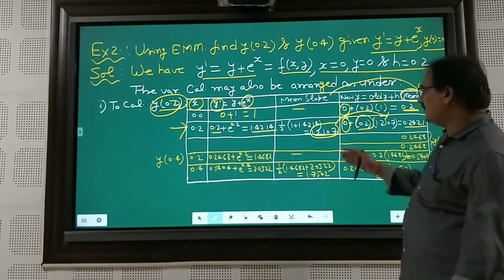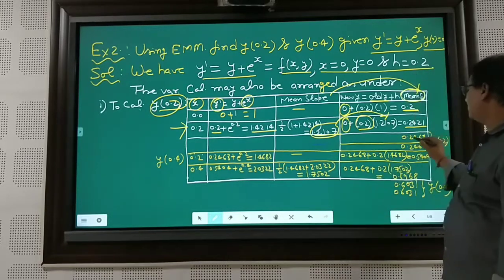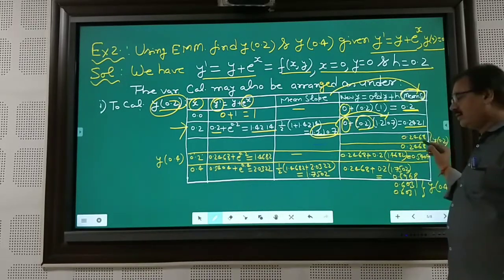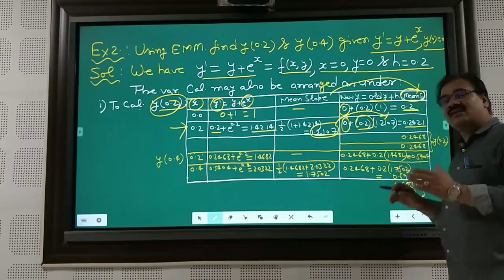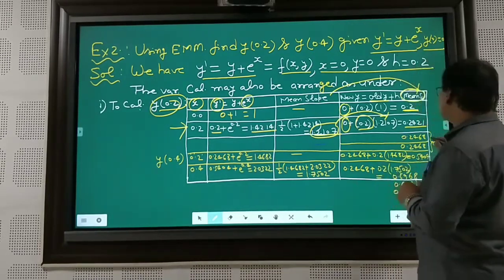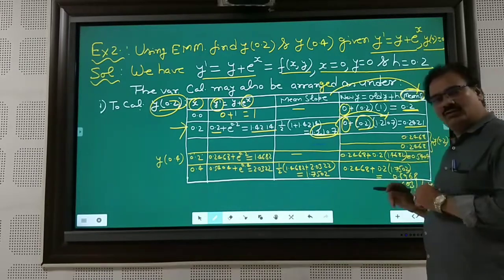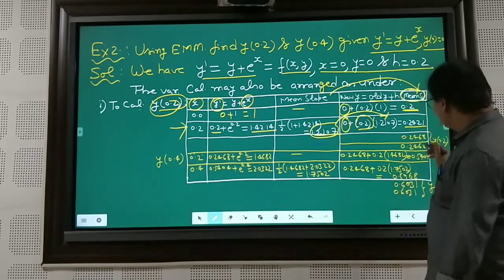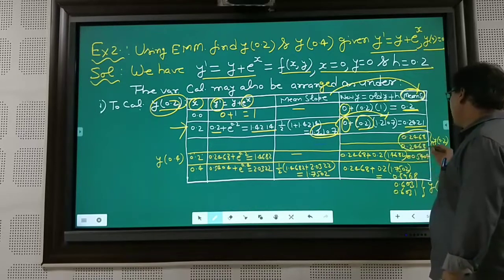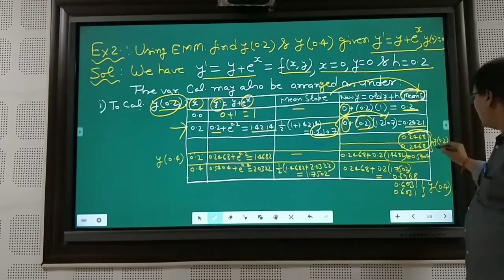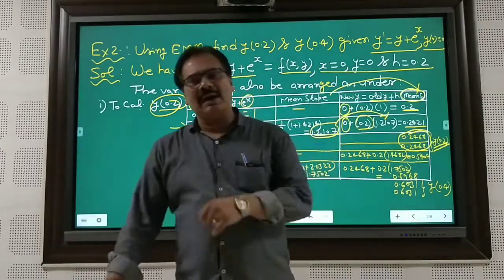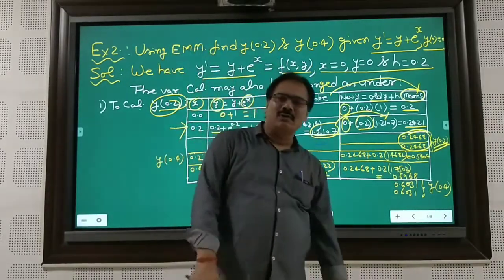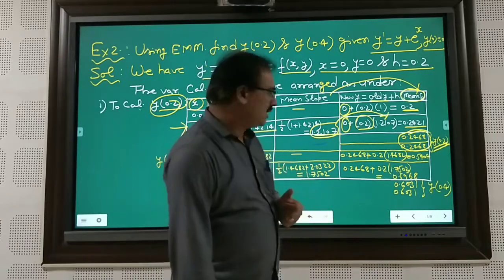Let us suppose in the next step you will get 0.2468, and again in the next step 0.2468 with one extra figure, but up to 3 places or 4 places decimal you are required to report your answer. Then here you have the same value. Then you can declare this is the value of y at 0.2. So this always depends upon which level of accuracy is required in the problem.